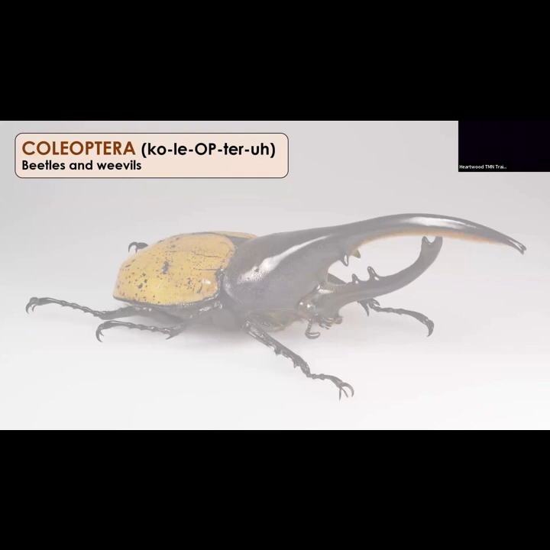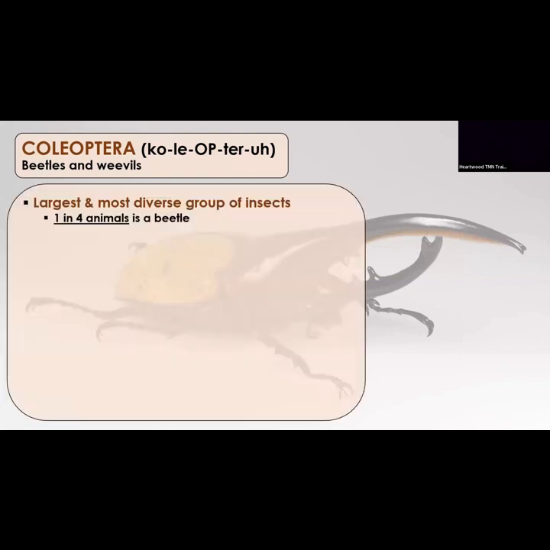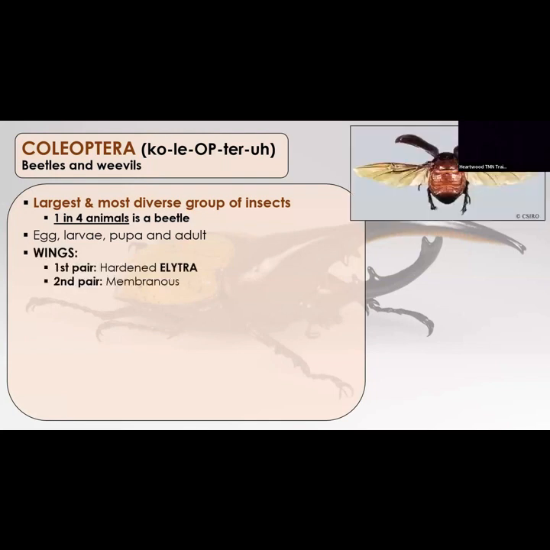Now we're at beetles. One in four animals on the planet is a beetle. And that's of the beetles that we know about. Like, that's the thing, there are millions of insects, and then there's probably billions that we don't know about. So they have egg, larva, pupa, adult, right? Complete metamorphosis. They have that unique trait.